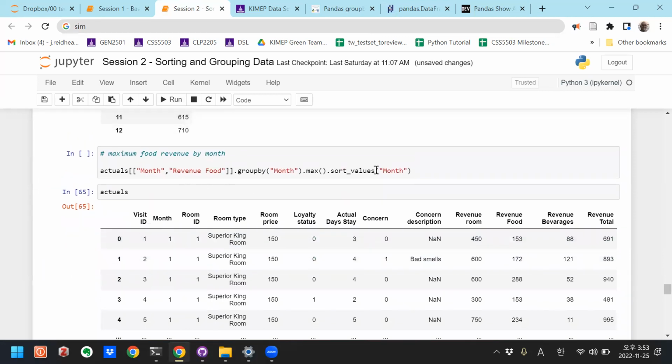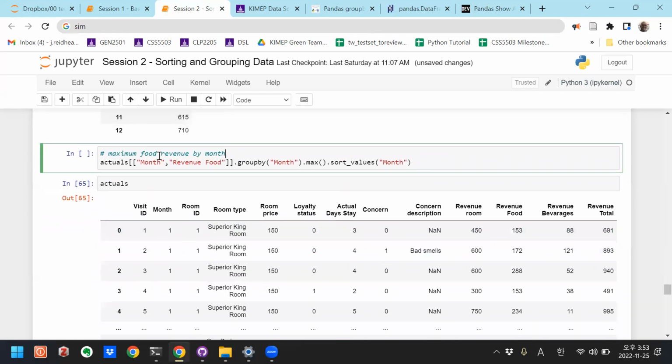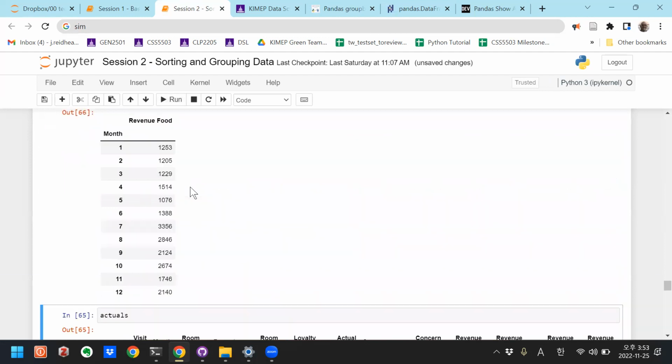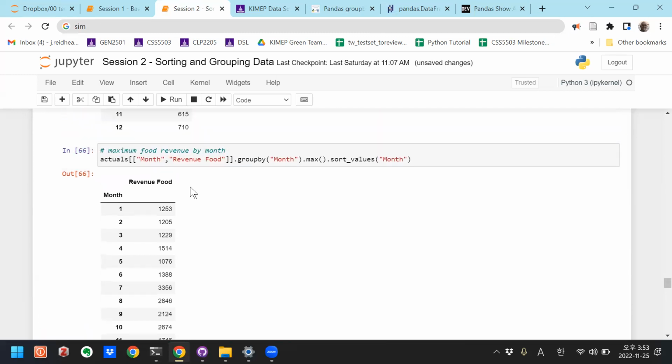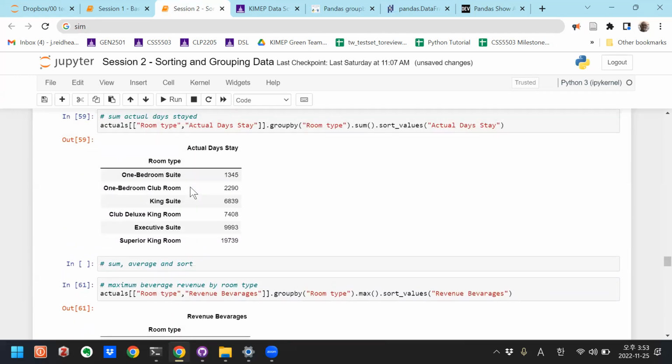So similar pattern or not? 1,200, 1,500, 1,300. Higher in the summer. Yeah, a little bit of a seasonal pattern. Okay. All right, so what we've done here is